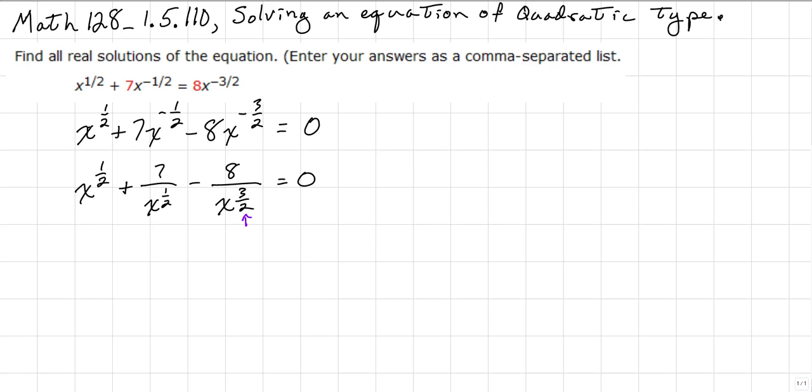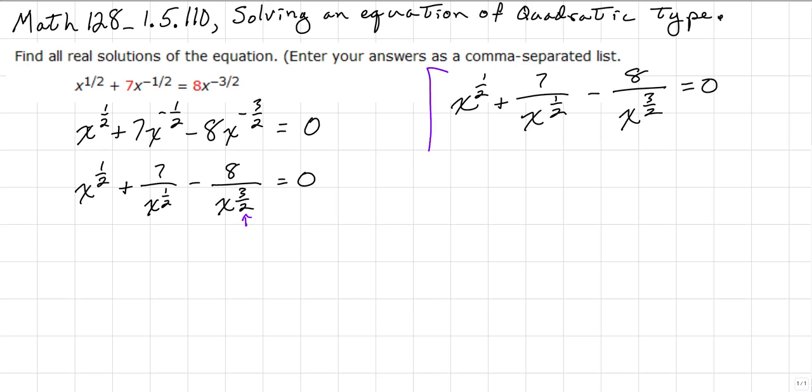So if we have x to the 1/2 power plus 7 over x to the 1/2 power minus 8 over x to the 3/2 power equals 0, and I multiply through by x to the 3/2 power,